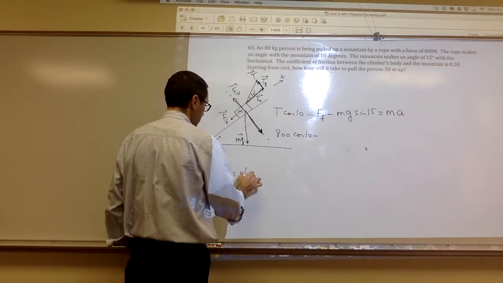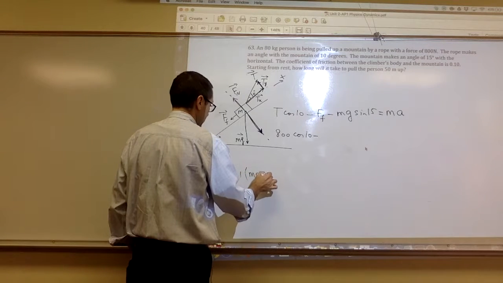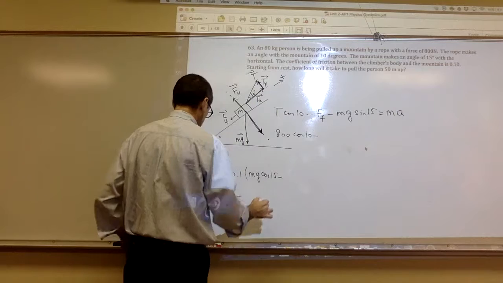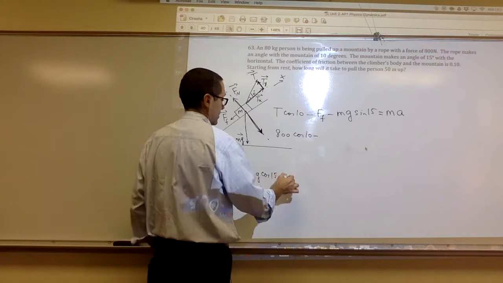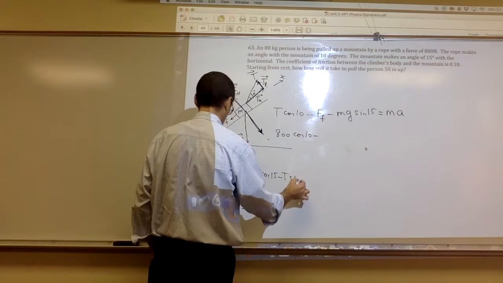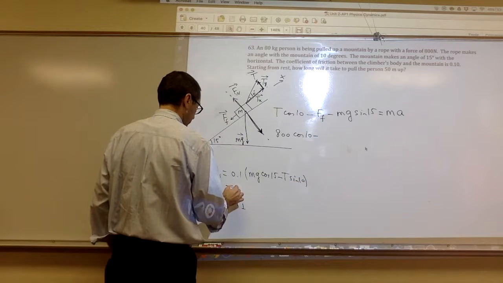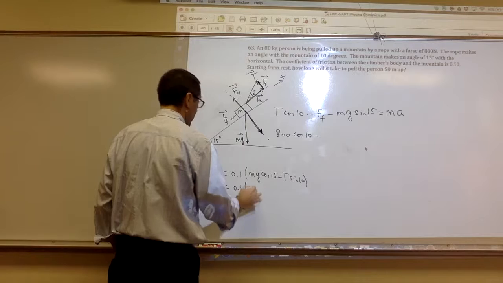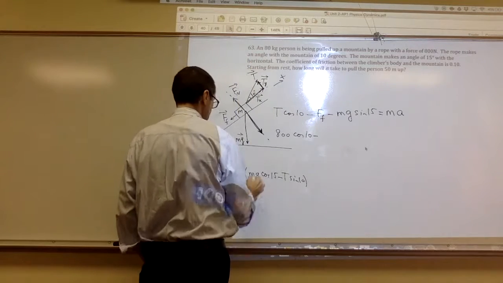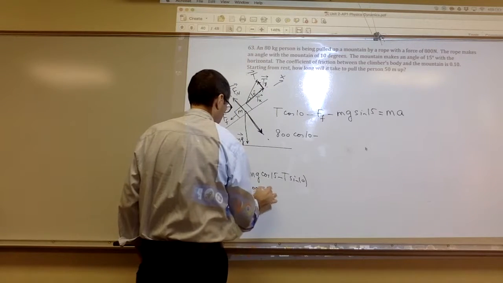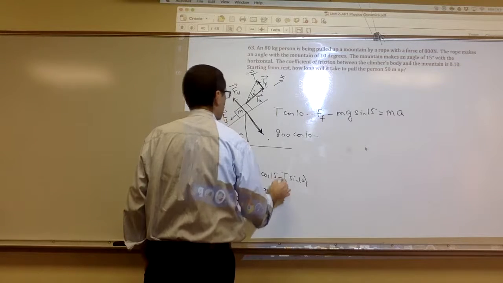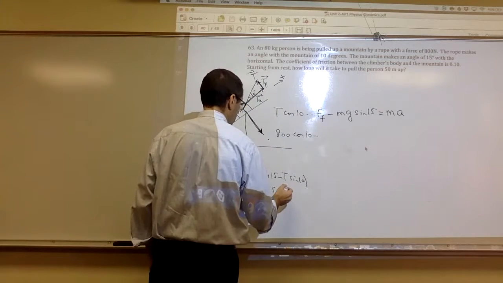So the perpendicular component is just mg cosine of 15 minus T sine of 10 degrees. And you should get 0.1 times, now that's 80, so this is 800 cosine of 15 minus the T is just another 800,